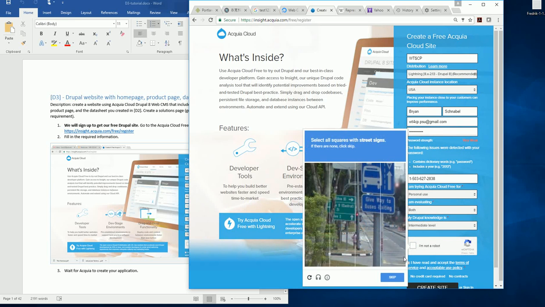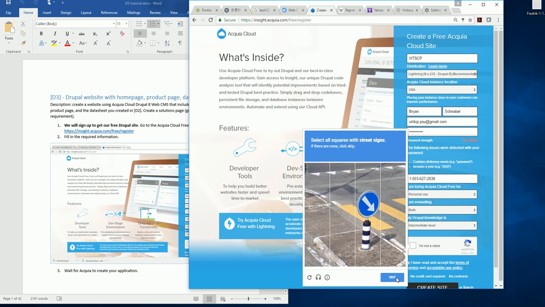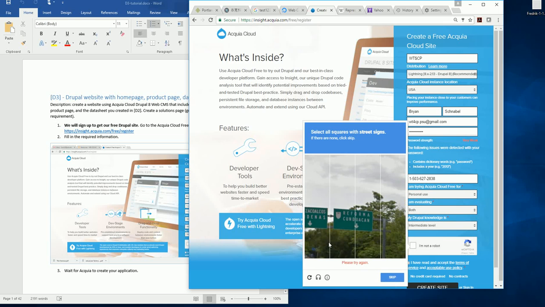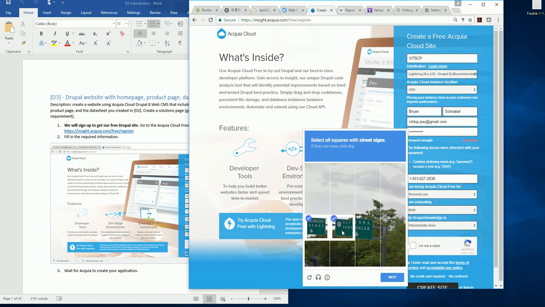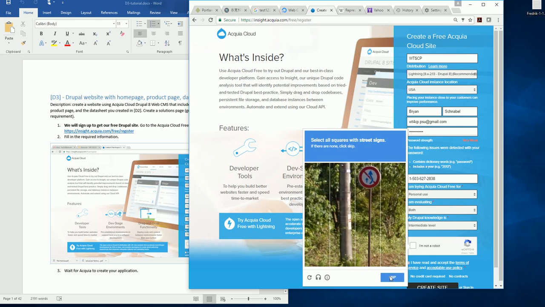Okay, so it wants me to select all squares with street signs. Okay, I think that one has a little bit of it, that one has a little bit of it, that one does, and that one does. Okay, select all squares with street signs. Okay, just that one. Please try again. Select all squares with street signs. If there are none, click skip. That one, that one, that one. Am I doing something wrong here? That